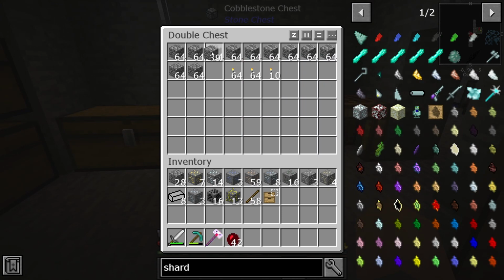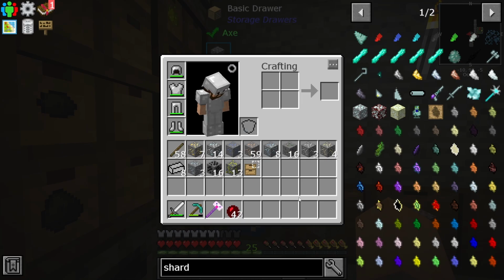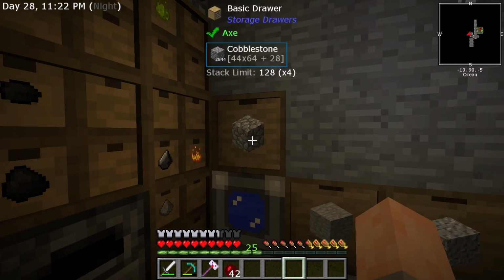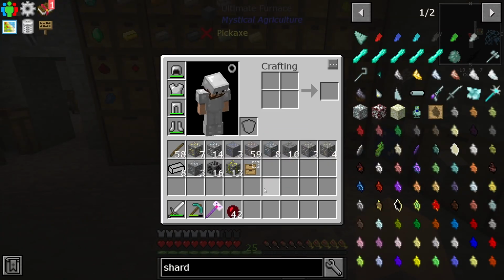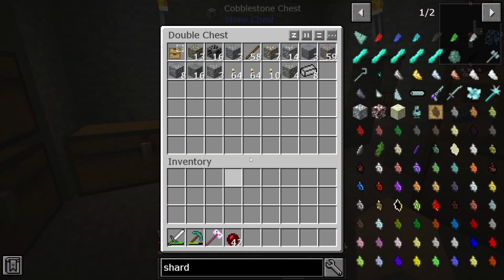So this cobble in here will now fit in there. So we've got 44 stacks of cobble. It will hold 128 stacks. So that's that done. What I wanted to do, I'm just going to dump all this in here for now,